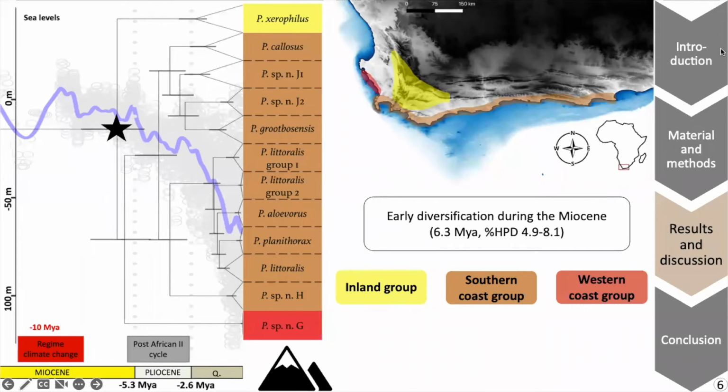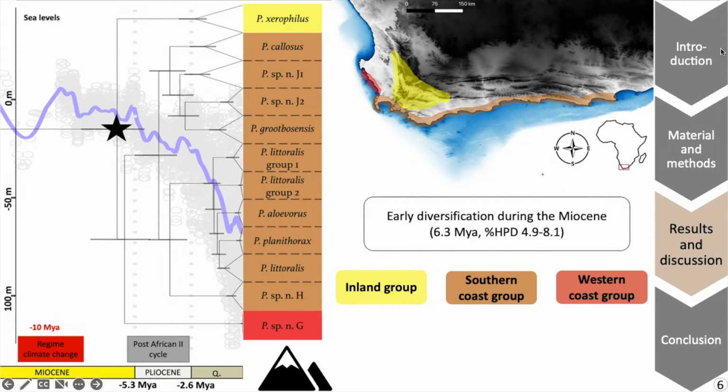On the left, you can see the dated phylogeny of the genus as well as the sea level oscillations. The gray points represent raw data with many oscillations during Quaternary, and the blue line represents the overall trend. On the right, you can see the geographical distributions of the 3 main groups. The early diversification of Phlyctinus during the Miocene led to the emergence of 3 main groups currently restricted to specific